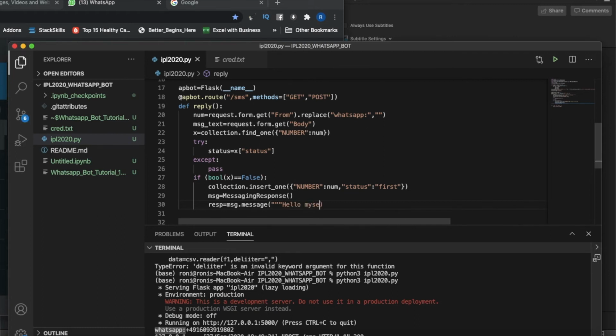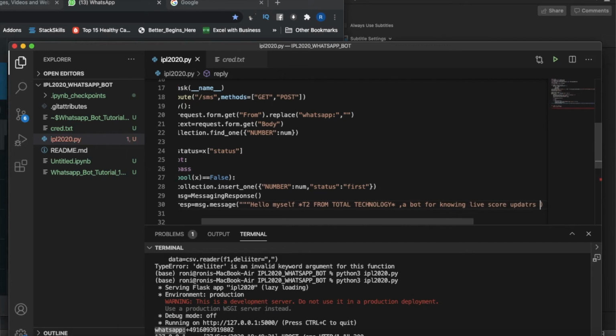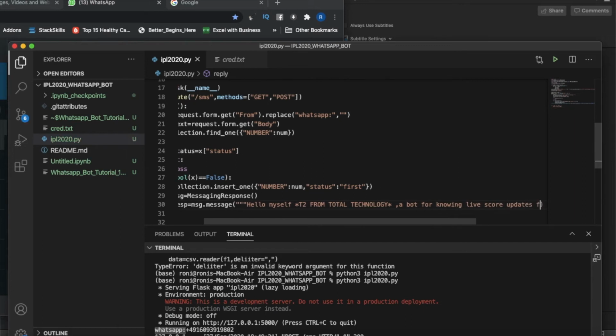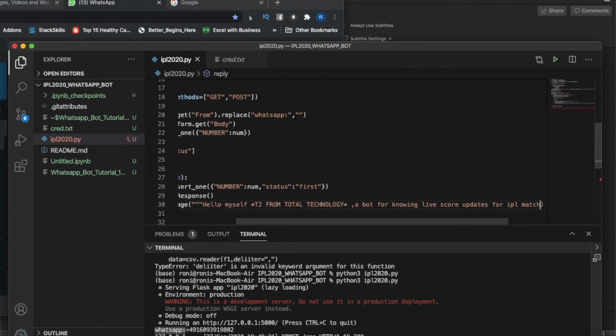Hello, myself T2 from Total Technology, a bot for knowing live score updates for IPL matches.